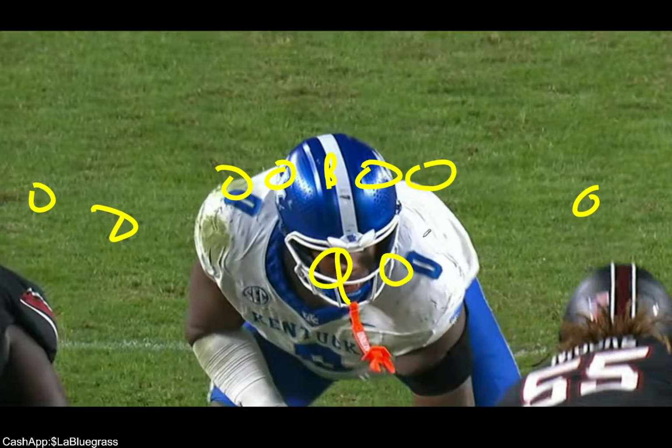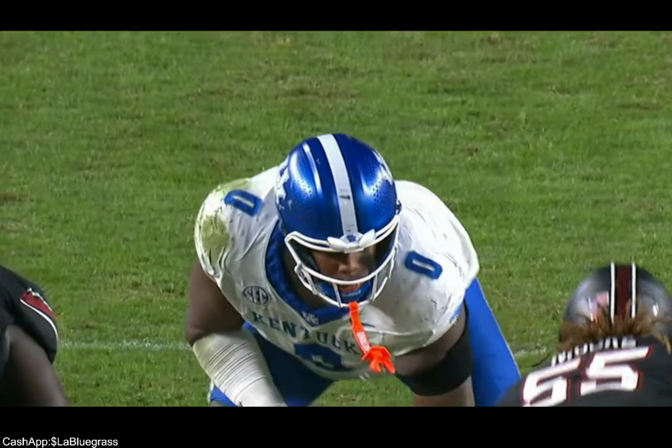So let's say this is JJ. Let's say this is Max. I can't do that. I gotta go trips. It's easier with trips.